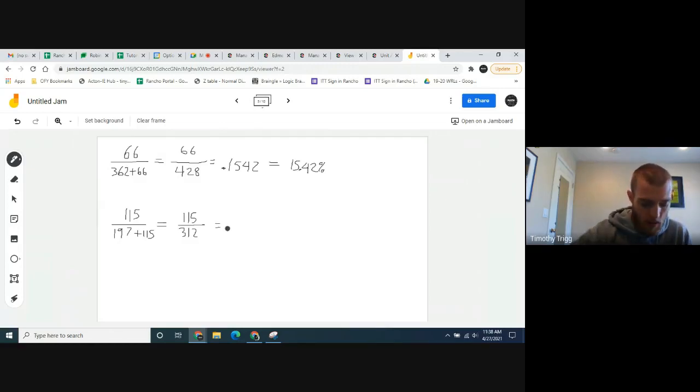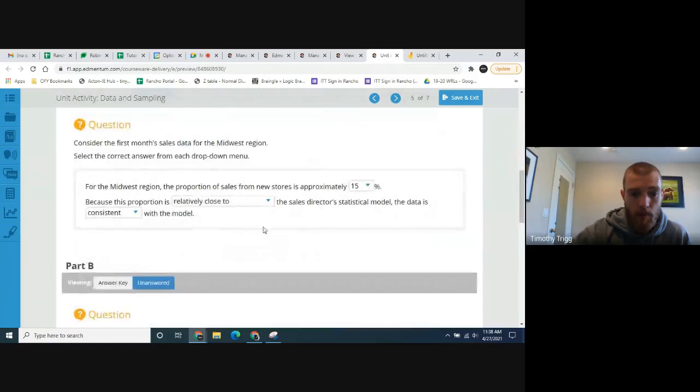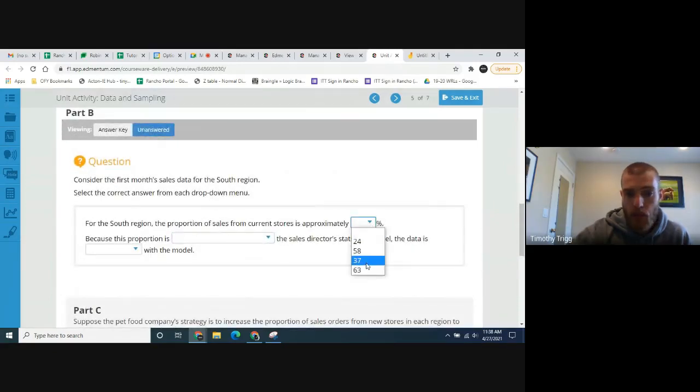So this is 0.3686, or in other words, about 36.86%. Okay, moving the decimal over twice, change to percent. So 36 point whatever, what they were expecting was 26. So for the South region, we had about 37 if we round to the nearest percent. Because this proportion,